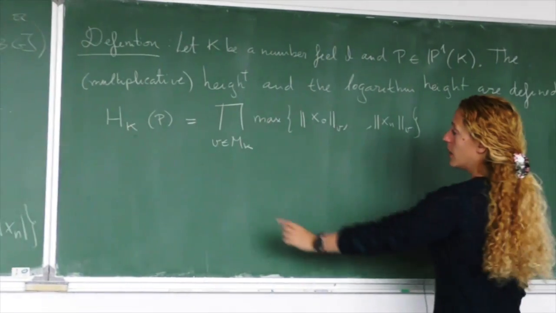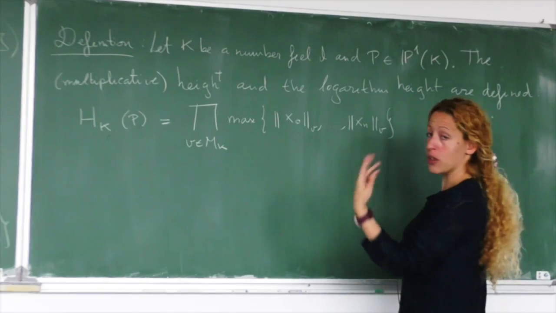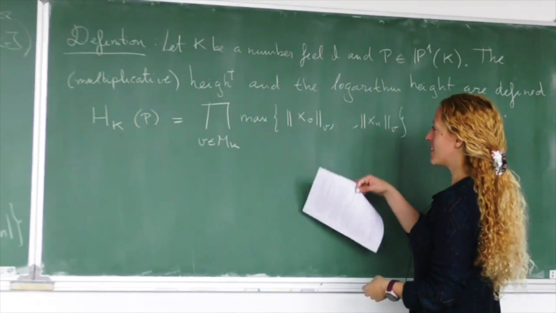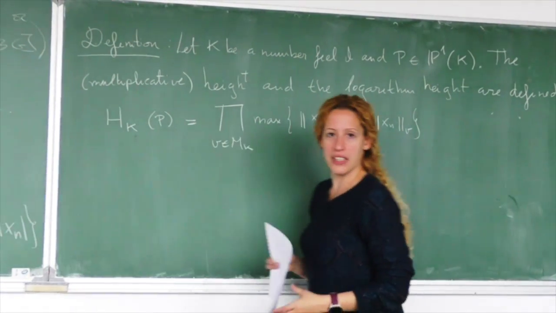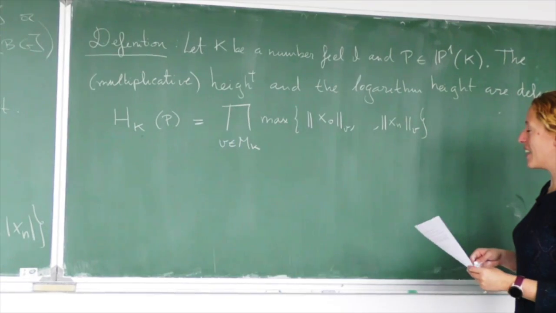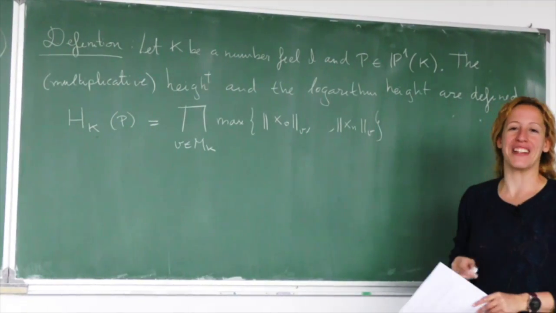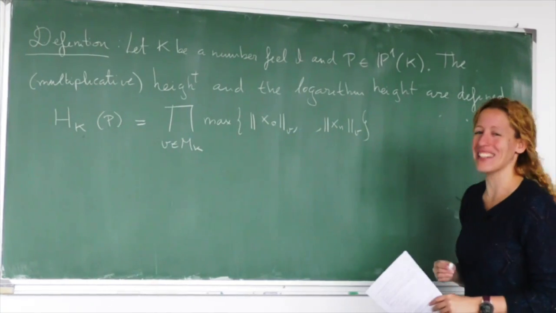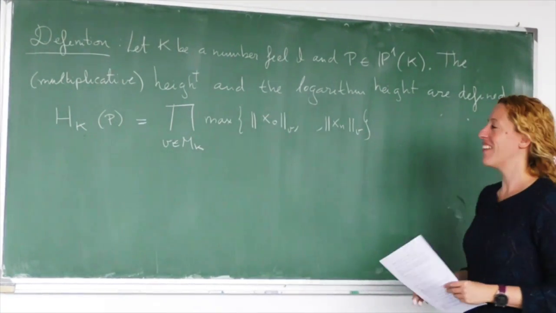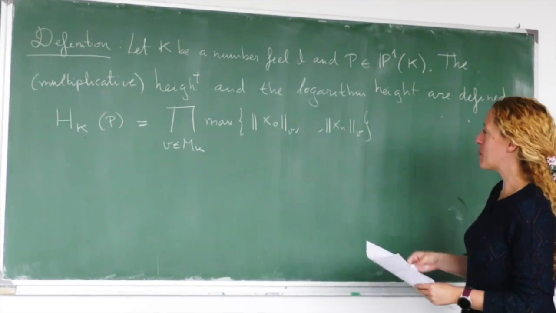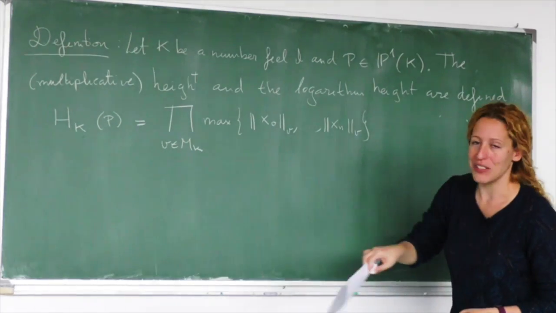Notice, first remark, if I take K to be the field of rational numbers, then this thing is going to be equal to this thing, okay? Why? This I'm going to tell you later. There are factors that cancel, and we are going to prove it in a proposition. But this agrees with what we have there.